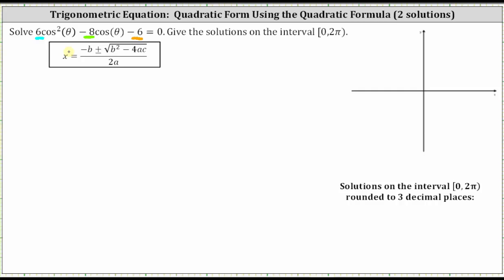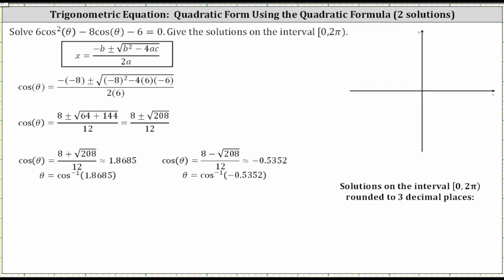To save some time, I've already performed the substitutions, where again a is equal to 6, b is equal to -8, and c is equal to -6. Simplifying, we have cosine theta is equal to the quantity 8 plus or minus the square root of 208, all divided by 12. Remember, there are two values here, and therefore we now have to solve